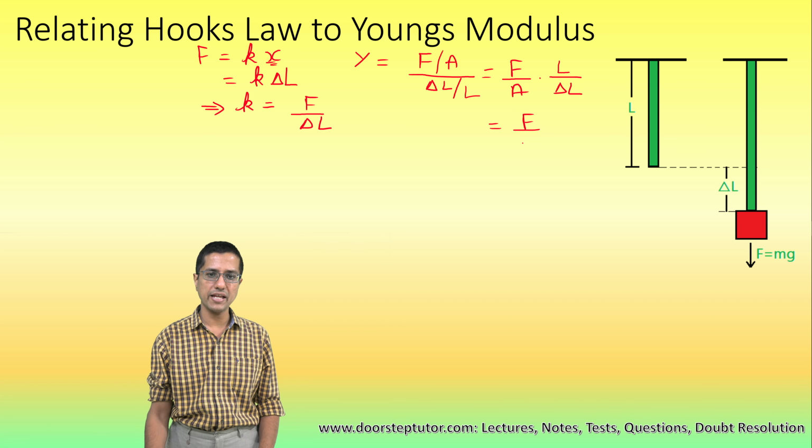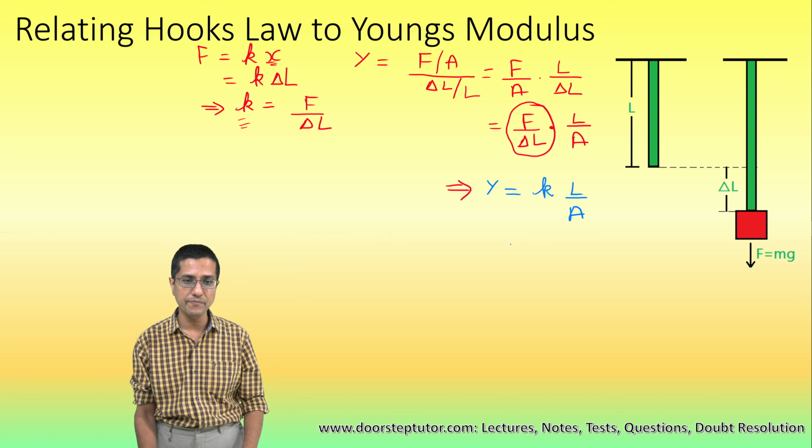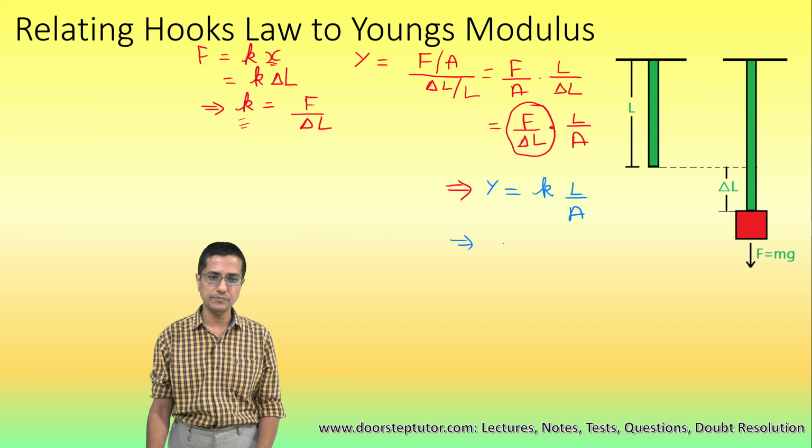So this becomes F by delta L into L by A. Now this F by delta L is nothing but K. So this is the final formula, very important. Y is equal to K L by A. If we have to find the value of K, then this will become K is equal to Y A by